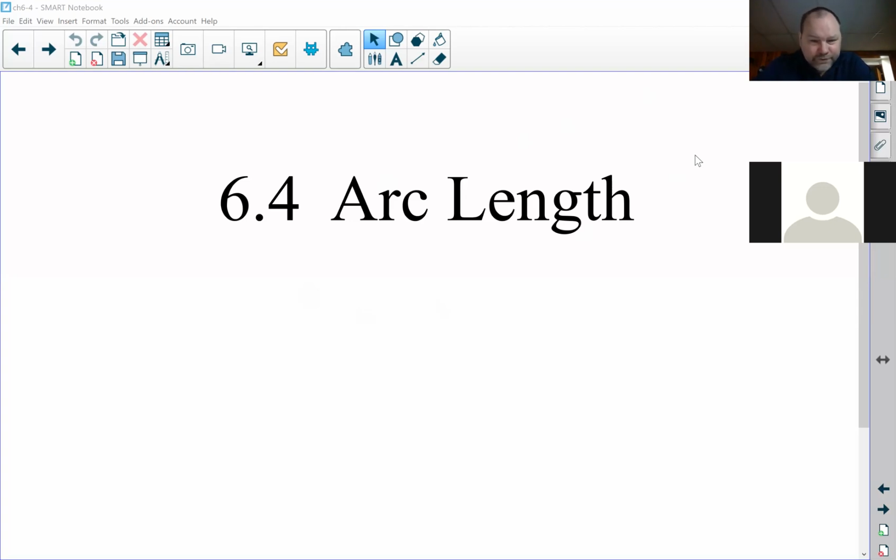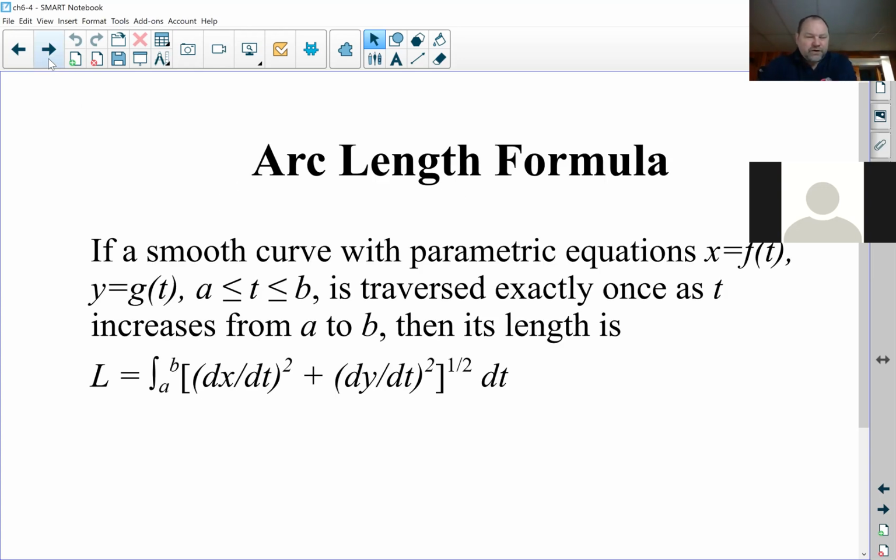So arc length is actually going to look a lot like the distance formula. So let's get into it. So the arc length formula,